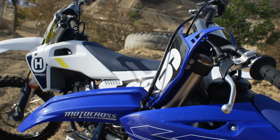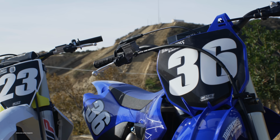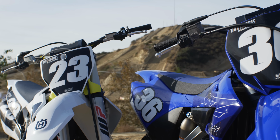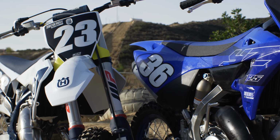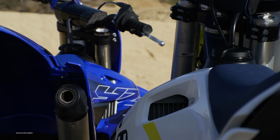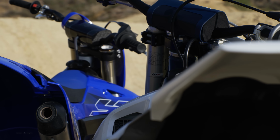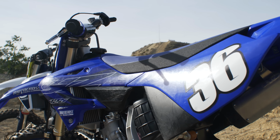It has been a fun day testing the 2022 YZ125, the all-new bike, up against the 2022 Husky TC125 two-stroke. We're early in on our testing phases for the new YZ125, the bike that's been updated a bunch, and we had to bring out one of the Austrian brands to compare with it to see how it stacks up. Everybody wants to know if the YZ125 is a KTM killer, and well, we didn't have a KTM in our stables. KTM hasn't given us a new 125 yet, but they did give us a Husky 125,